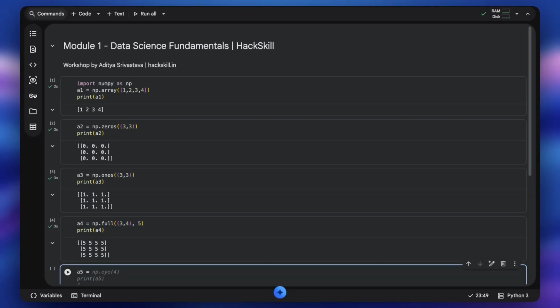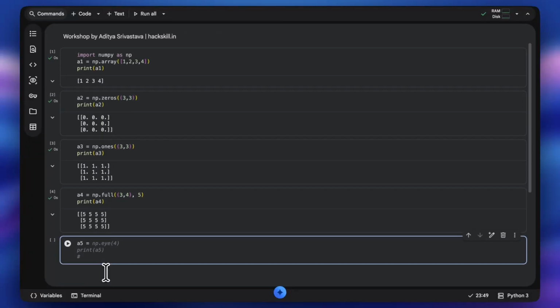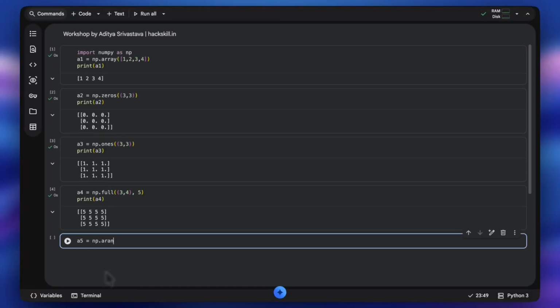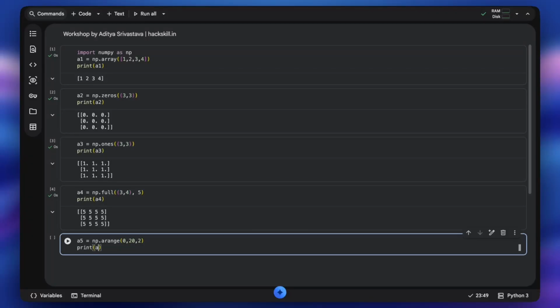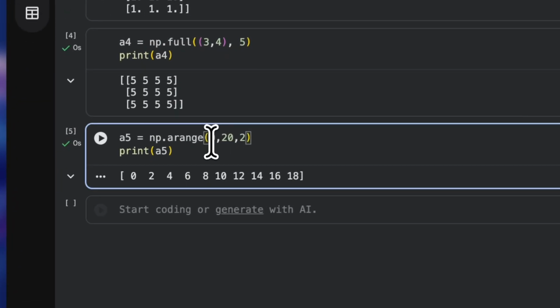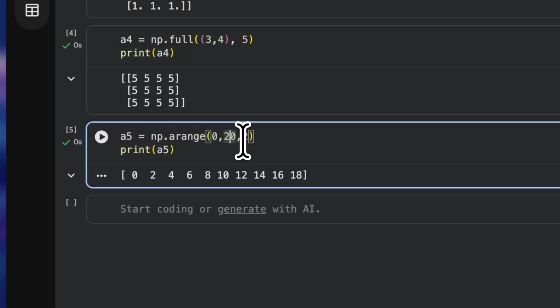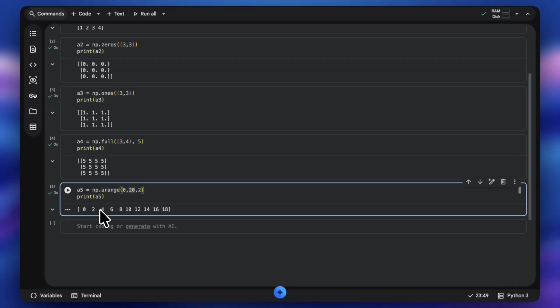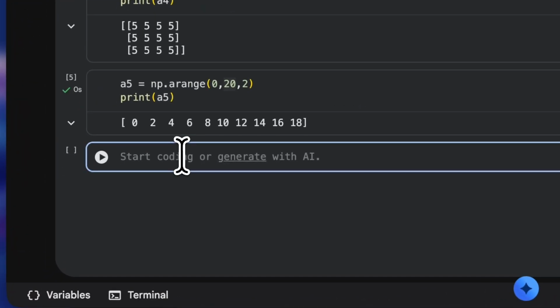If we create another NumPy array a5 equal to np.arange and pass the parameters 0, 20 and step 2, and we print a5, we get all the integers from 0 to 20 at step 2. As you can see, we have 0, then after 2 steps we have 2, then 4, then 6, 8, 10, 12, and so on. So this is how np.arange works.